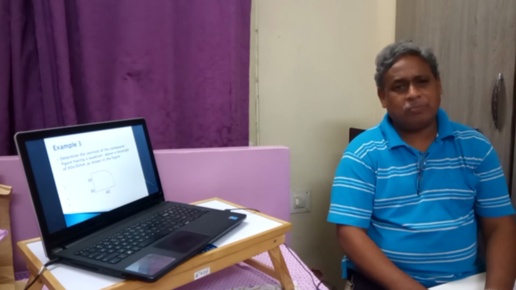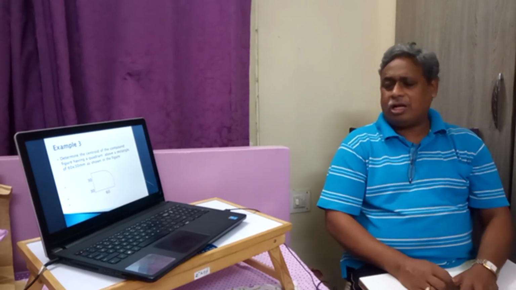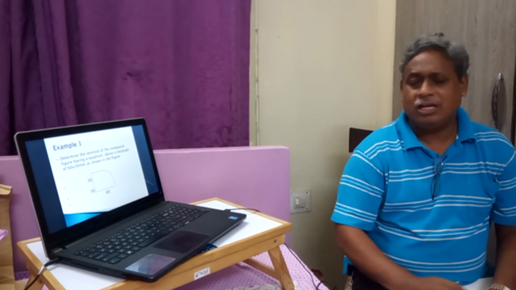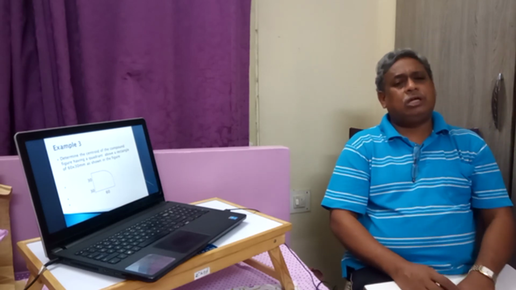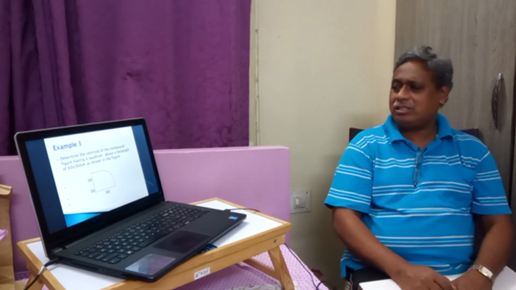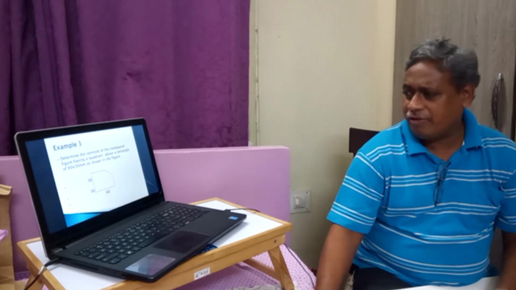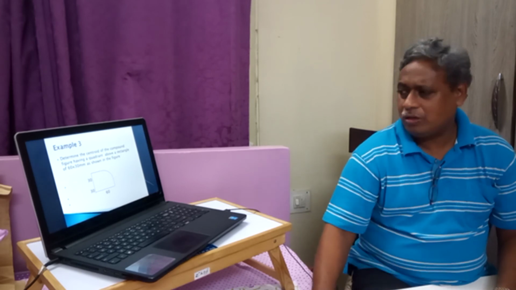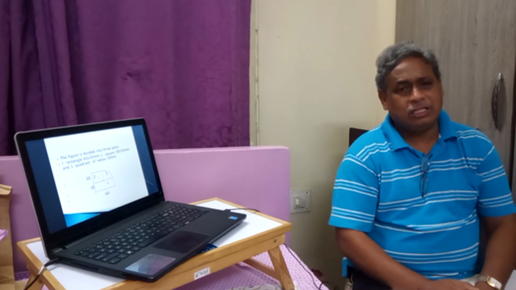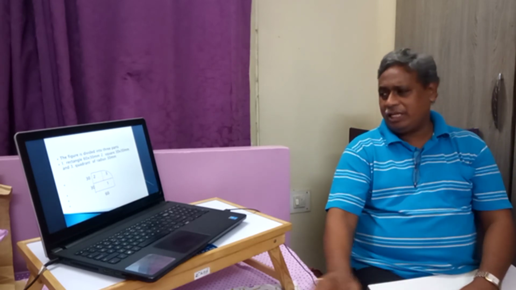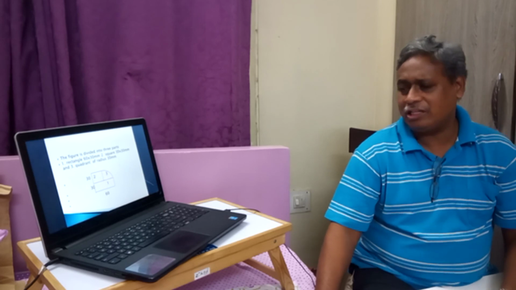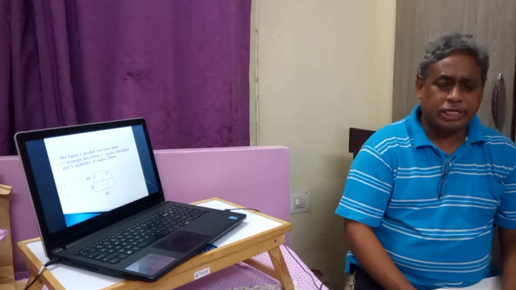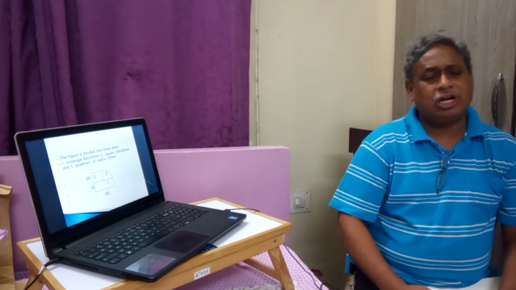Similarly, we have seen another problem in which, from the center of the square, a quadrant is drawn at the corner and the extra portion of the square is removed. That means we have a square in which a quadrant is there, and the extra portion is not there. To solve this problem, we divided the entire area into three parts, that is, one rectangle, one square and another quadrant. We found the x bar of the rectangle, square and quadrant, and also the y bars.